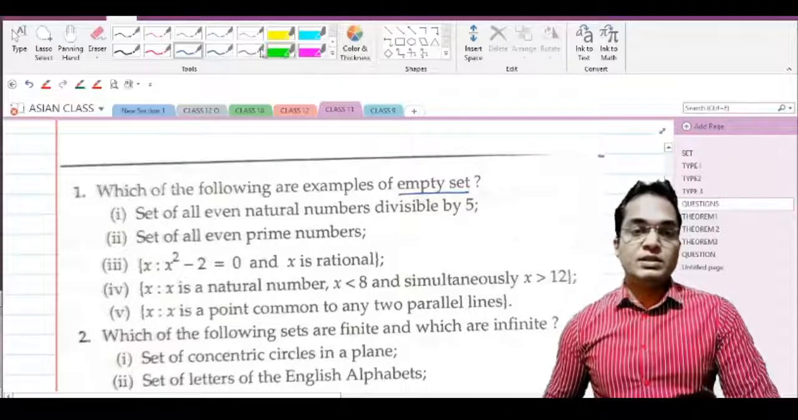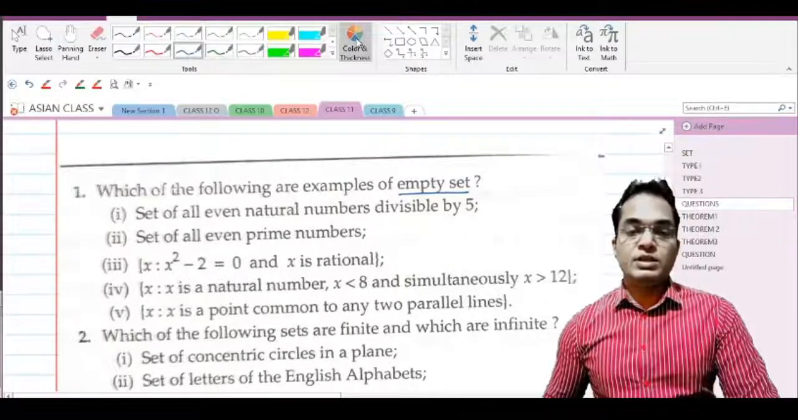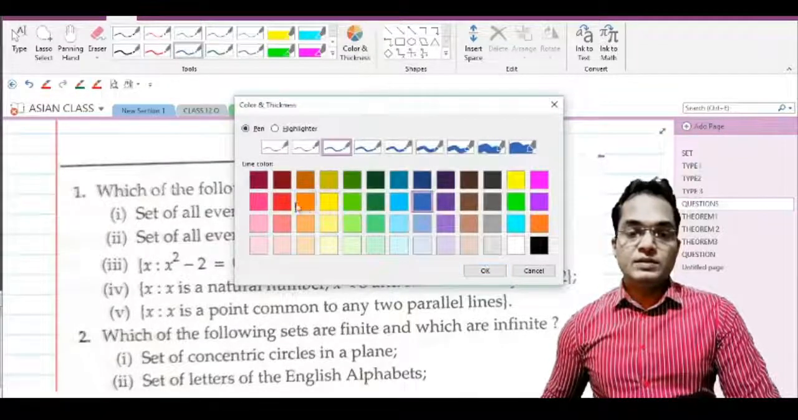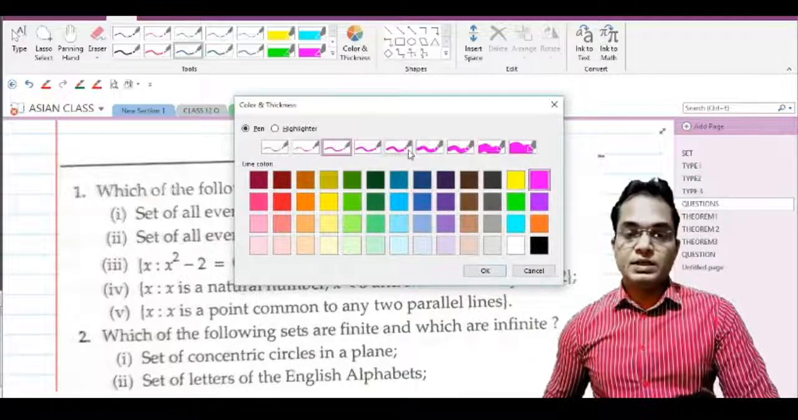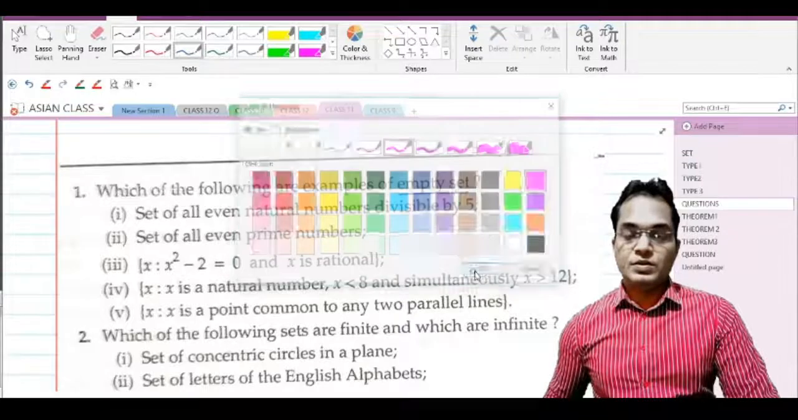Got it? Now I am going to change the color only. This color is better, I think. Okay, now